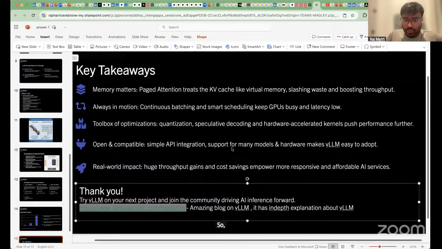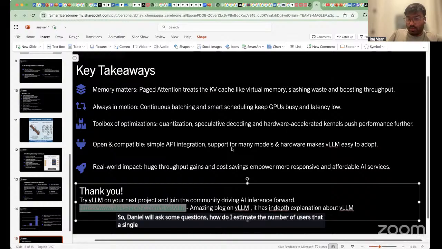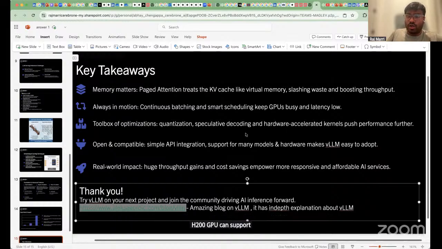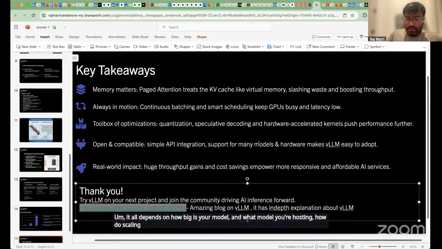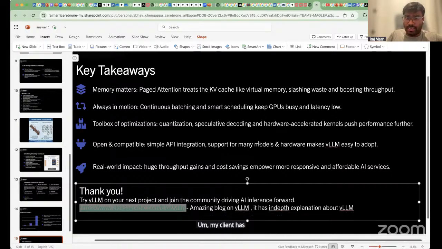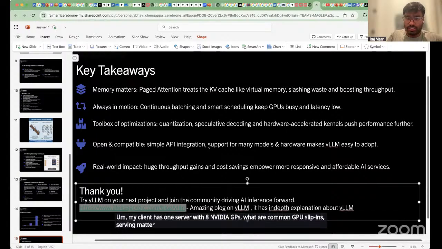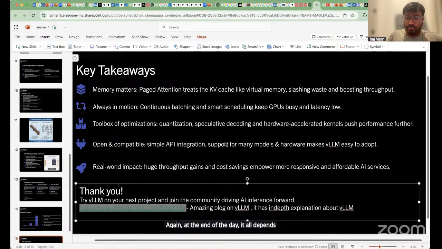So Daniel asked some questions. How do I estimate the number of users that a single H200 GPU can support? It all depends on how big your model is and what model you're hosting. How do scaling calculations work in a multi-GPU environment? My client has one server with 8 NVIDIA GPUs, what are common GPU slicing, serving manners that on-premise AI engineers recommend? So end of the day, it all depends on the model that you're working on, and how you